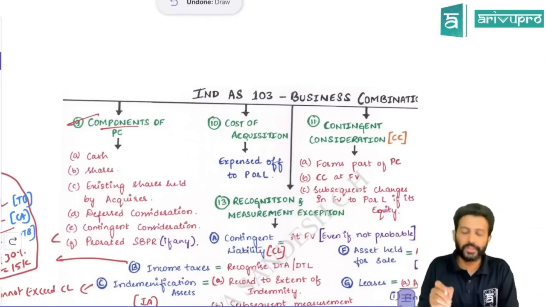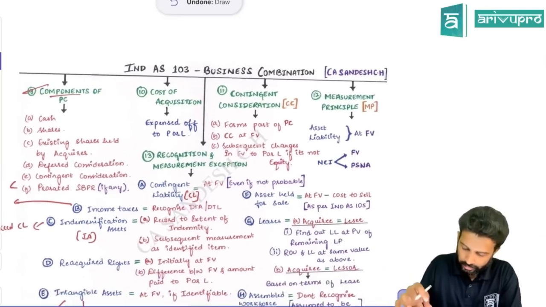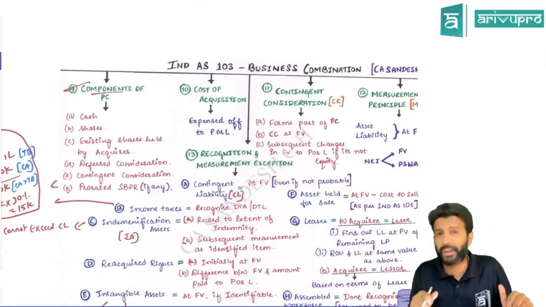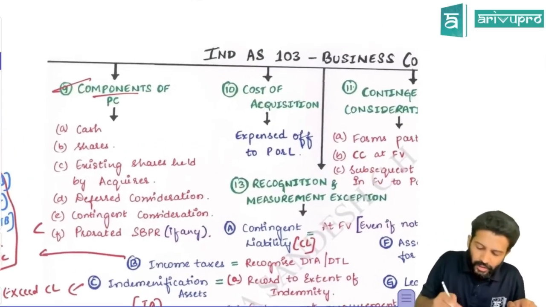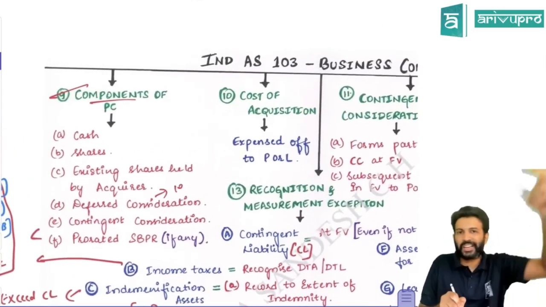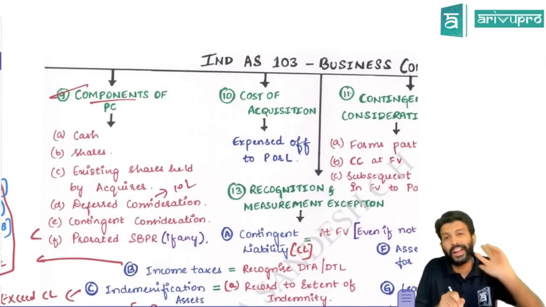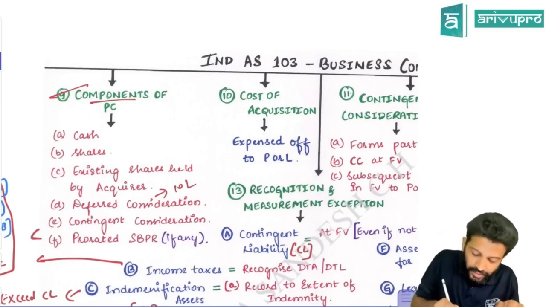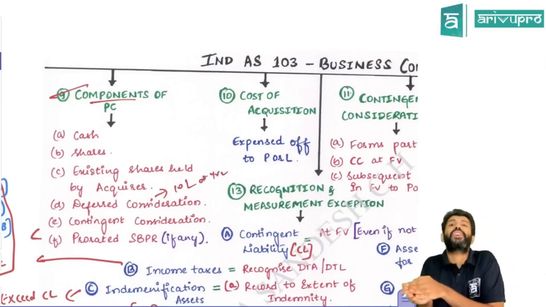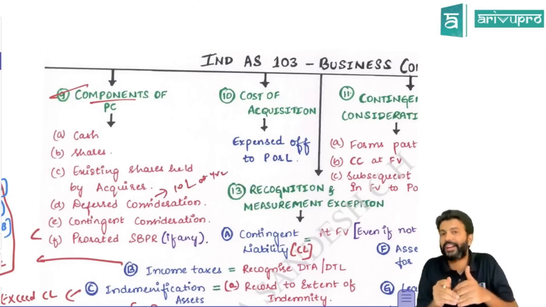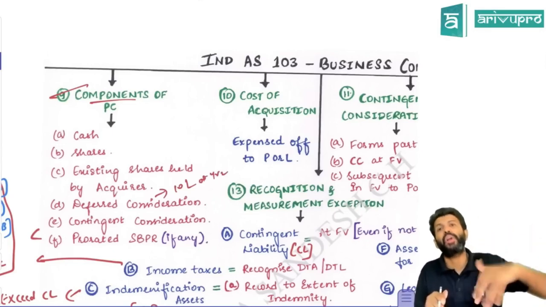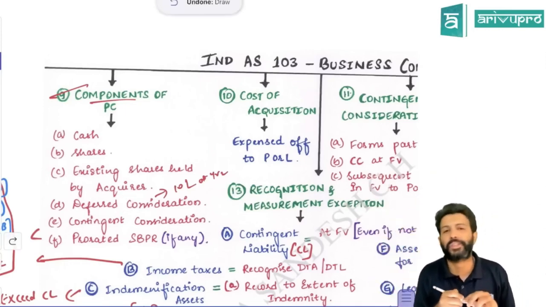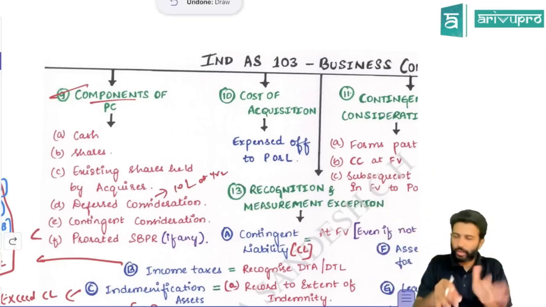Deferred consideration, which we will see here. Deferred consideration means the parent is telling the subsidiary company's shareholders, we'll give you additional PC, other than the shares, existing investment, etc. Parent is saying, we'll give you 10 lakh more, 10 lakh additional PC we'll give, but we will not give it now. We will give it at the end of year 2. You got the control now, okay? But this particular 10 lakh additionally parent is giving, but not now, but at the end of 2 years, meaning in future. So that sort of PC, we call it a deferred consideration. Is that okay? All right. So that is one. And this also will form part of your PC.